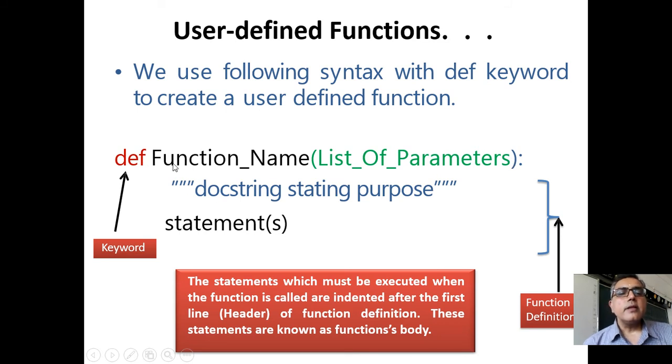Then within this function definition you can write what is the purpose of creating this function, what this function is doing, as a comment. If you don't write it, that is also acceptable, but if you are writing a function in an organization or in real time, and you give that function to other users, how will the other user come to know for what purpose this function has been made? So you will write the purpose of the function as a comment here.